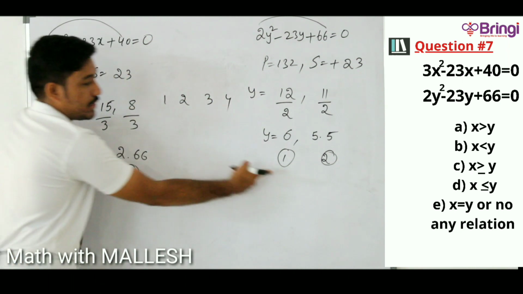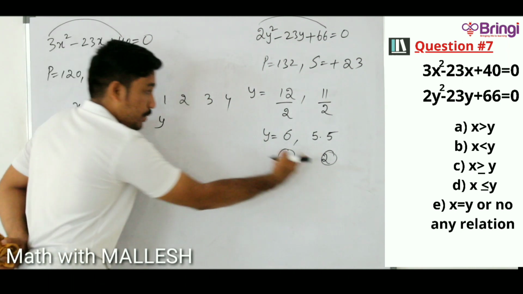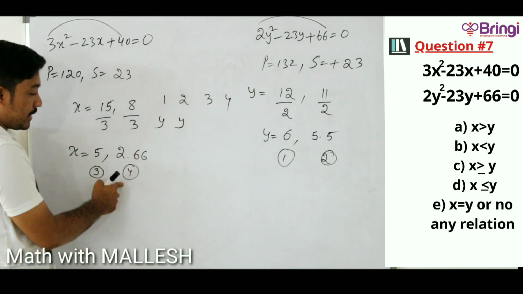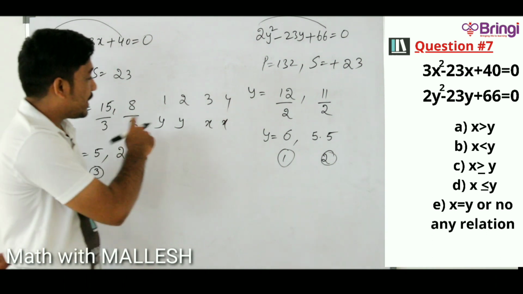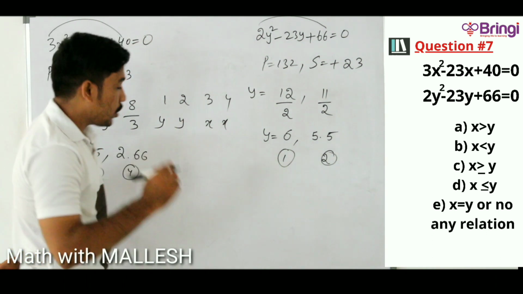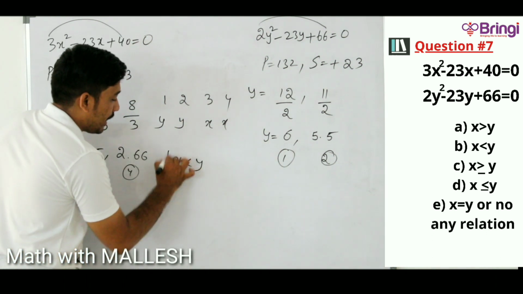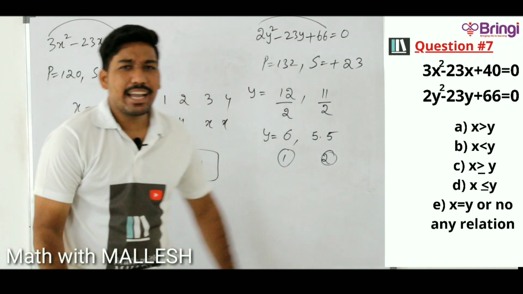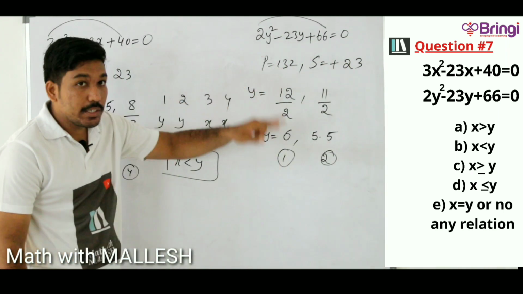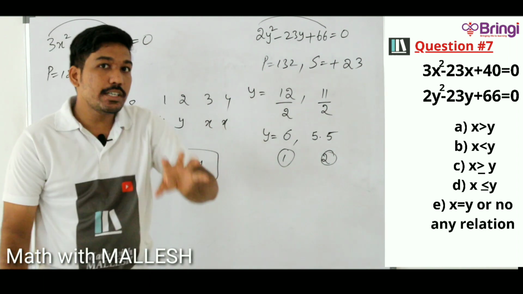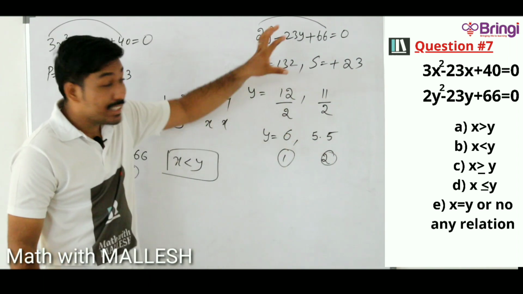Who occupied the first position? Y. And who occupied the second position? Of course Y. And who occupied the third and fourth positions? X and X. Y, Y, X, X, with rankings 1, 2, 3, 4. Which option? Excellent. X less than Y. And this is the answer about option 2. And one thing, we are going to discuss 5 questions and we are going to discuss 5 options.